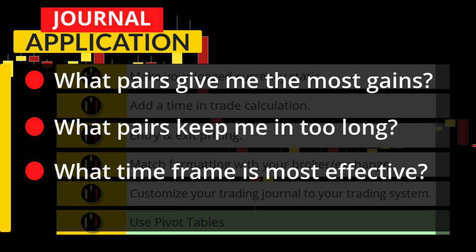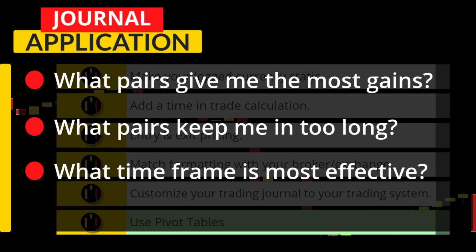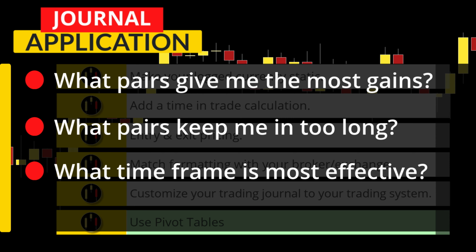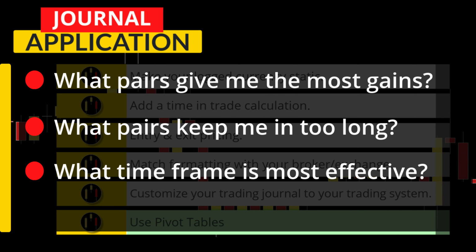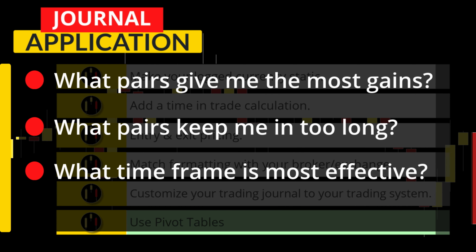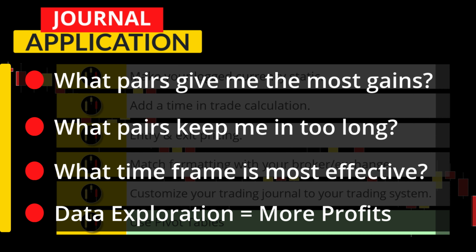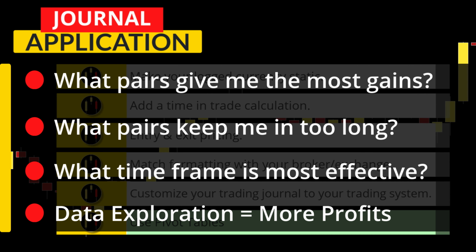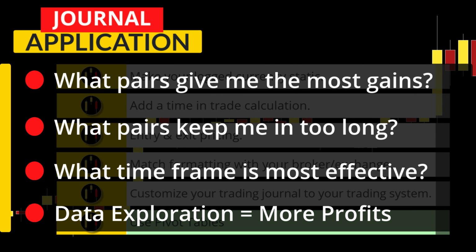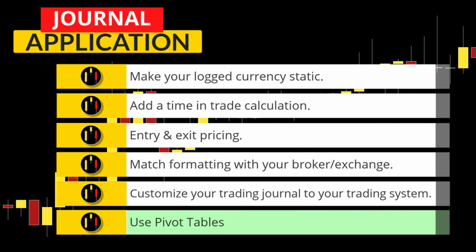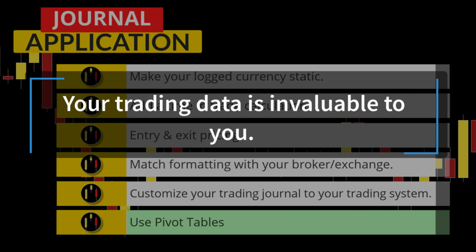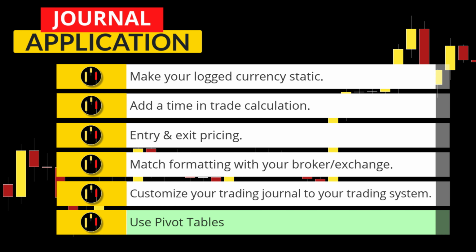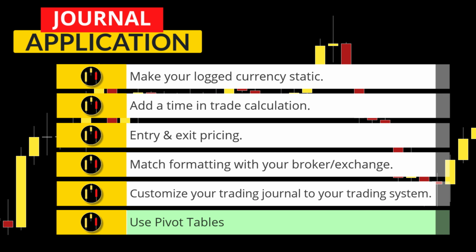Furthermore, it is really important for me to know which time frames my system works best on. So I compare my wins to time frame resolutions, and I can take it a step further to see which time frame is the most successful for each instrument traded. In addition, I like to analyze which instruments and timeframes are more likely to stop me out at break even so I can adjust accordingly. The list goes on, but once you have all of your data in the journal, you will be completely amazed at what a pivot table will tell you. In fact, you may wonder why you never did this type of analysis before.